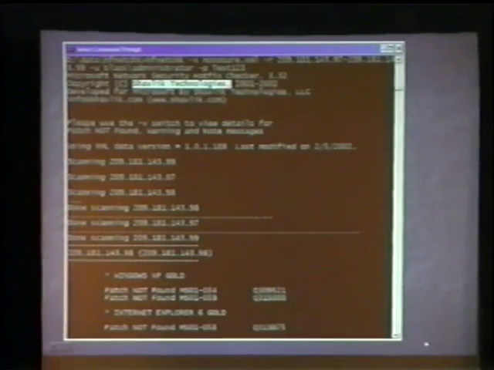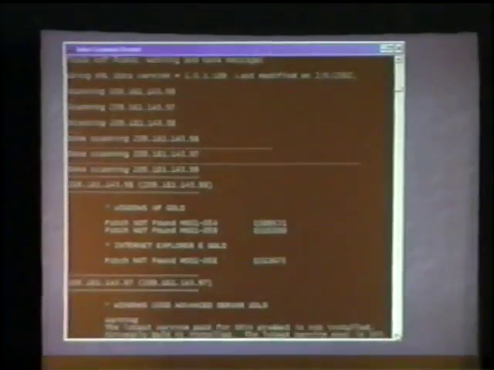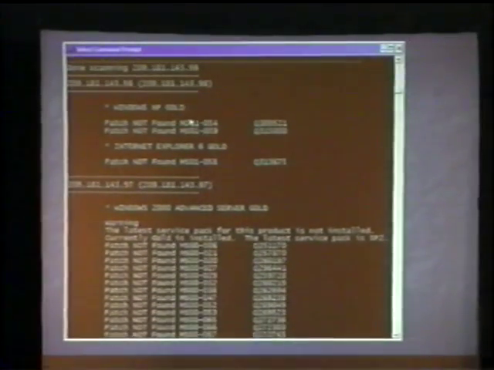As we start to scan this, it shows us what we've scanned. In this case, the .98 box is running Windows XP Gold. And by gold, that means a machine that does not have any service pack on it yet. And we see that it's missing 2 patches that have yet to be applied that I can apply to this machine. It shows the security bulletin number, in this case